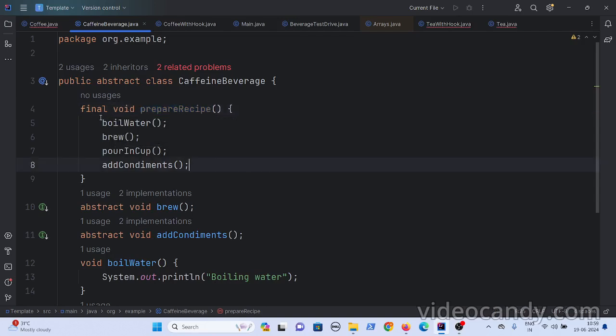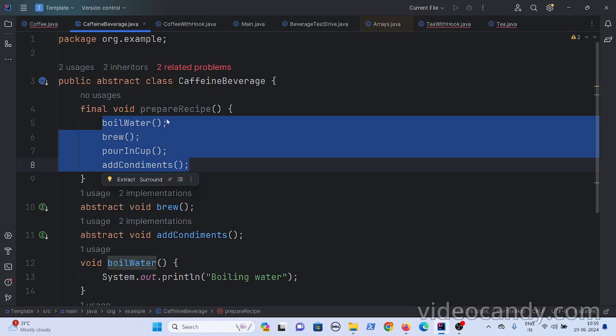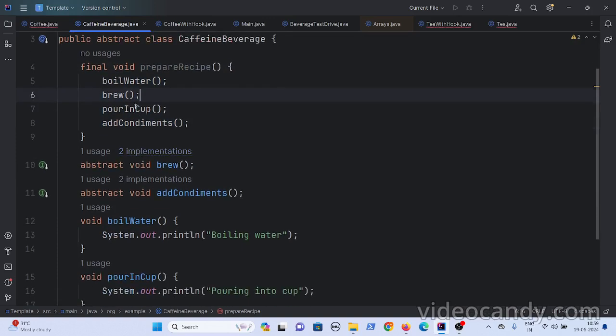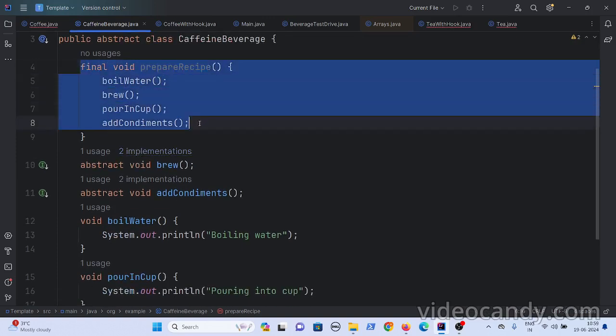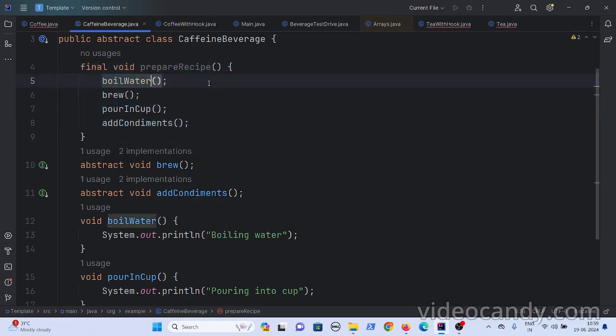That's why you make prepare recipe final. This is an algorithm for preparing coffee and tea, and in this algorithm you have multiple steps that have to be executed in an order. For a few steps you have provided implementations, and for a few steps you let subclasses provide the implementation. This is what we have done till now.